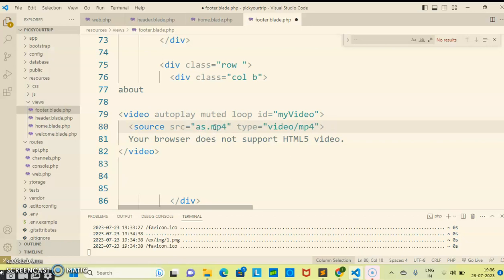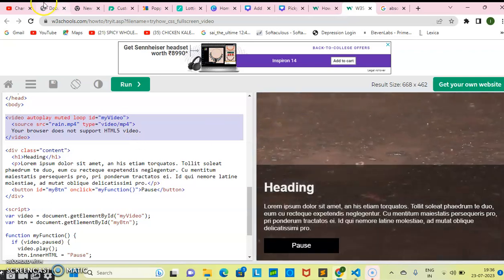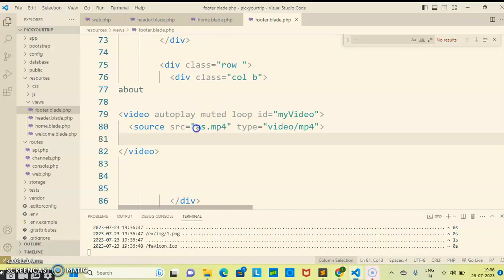So basically now I'm passing the source of the as.mp4.php file, deleting the text, and now I'm going to refresh our page. It's not showing just because I haven't passed the folder path name. My folder is inside the public folder. The name is X, then img, then video